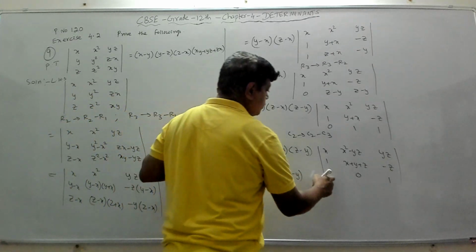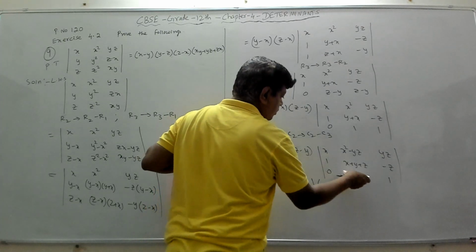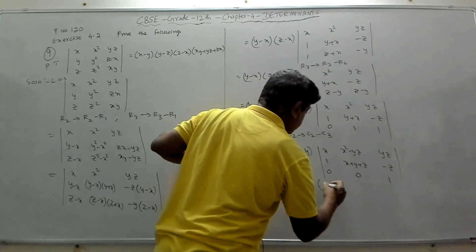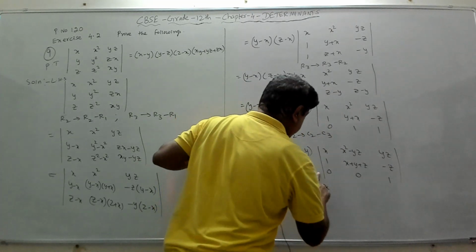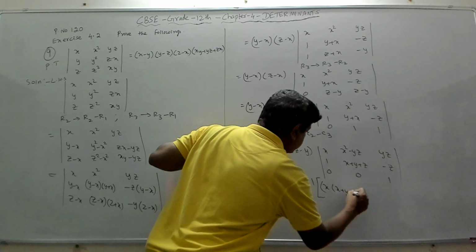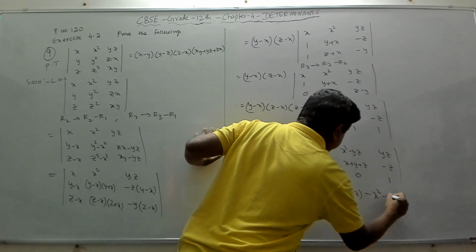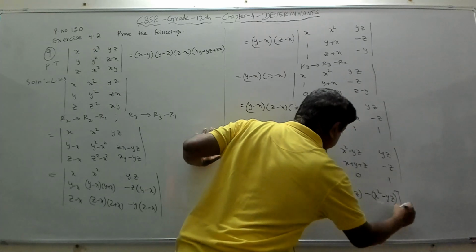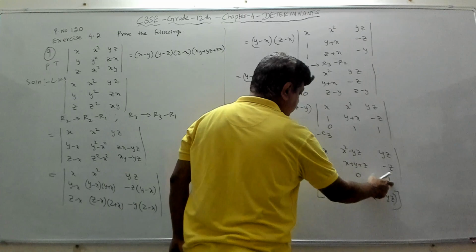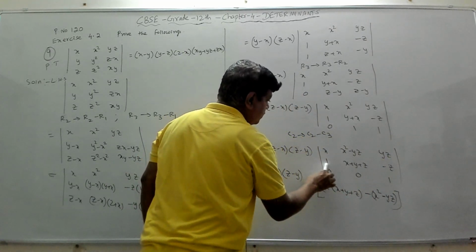Right? Now if you expand this along row 3, so 1 into, this will get closed. So this into this into this, which is x into, so 1 into x plus y plus z minus 1 into this one, that is x square minus y z minus of. Right? These two are 0. So 0 into this is 0. So only this, with this we will try to expand. So this will be closed, this will be closed, this into this minus this into this.